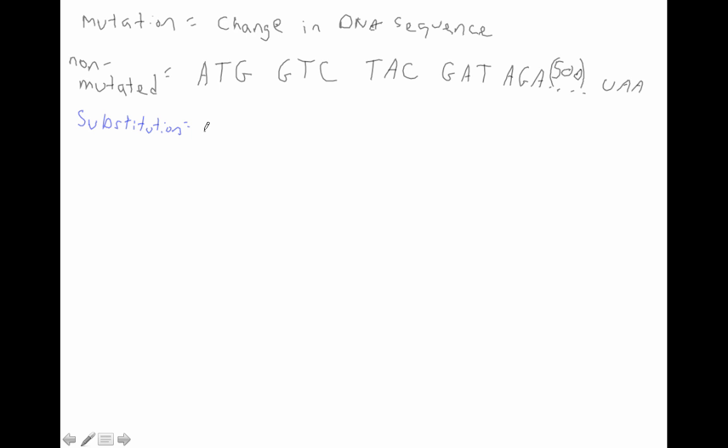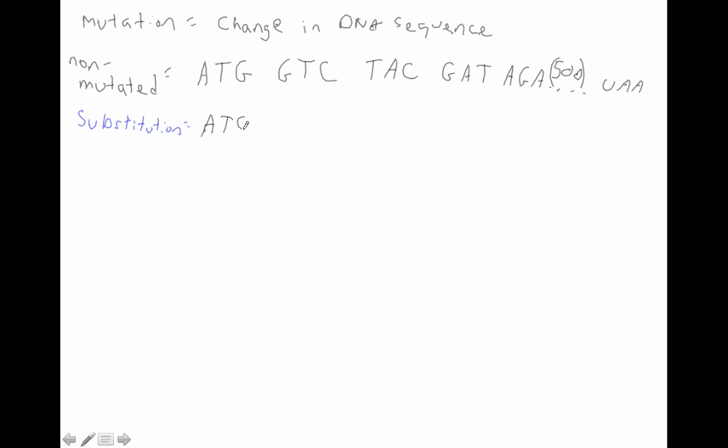So let's go ahead and I'm going to back up real quick. The reason I chose to write the non-template strand is because we can look at this, and just by substituting the T's for the U's, we can use this directly and look at the genetic code, and in a moment we'll do that and be able to tell what proteins are being made, or what amino acids are being coded for by this. All right, so ATG